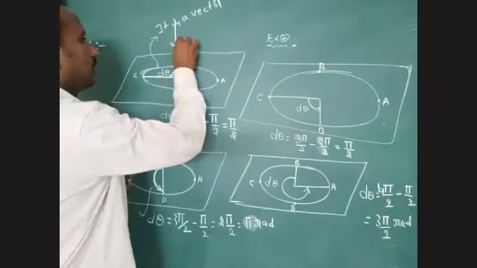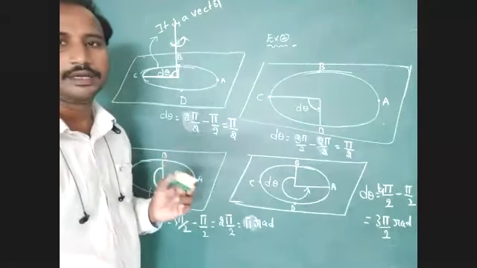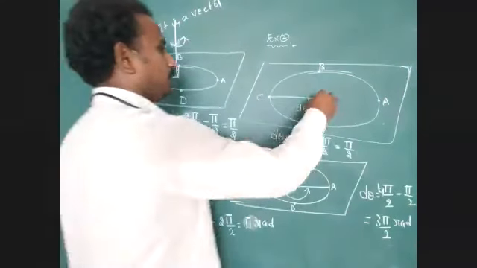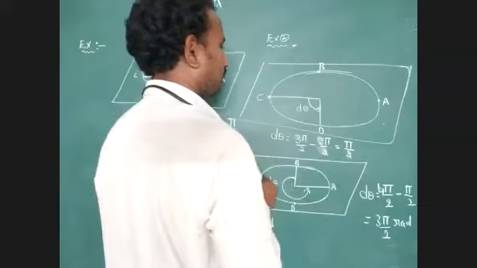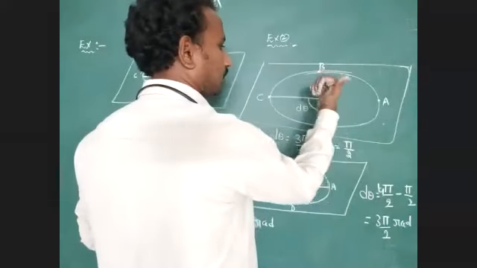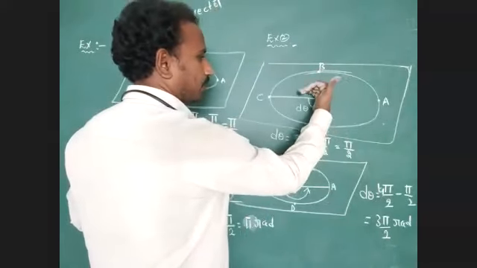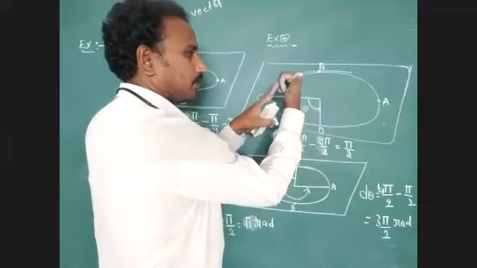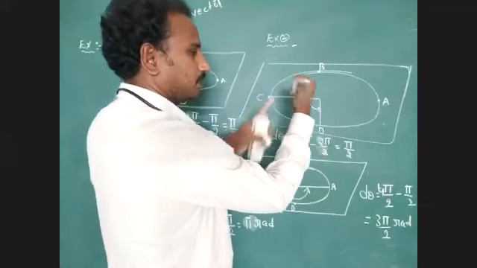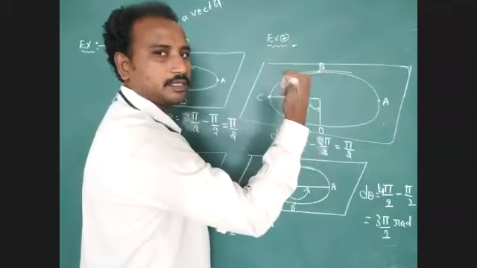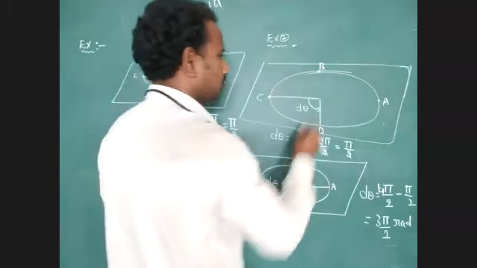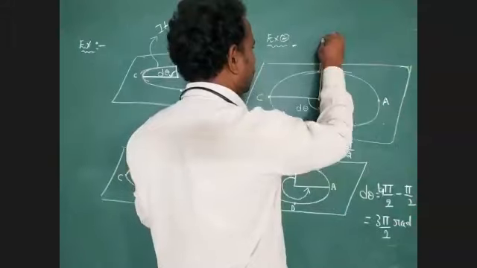Angular displacement direction is upward. At every observation point we have to find it out with the help of the right hand thumb. The movement of the radius we have to explain with the help of the curling fingers. The thumb represents the direction of angular displacement, so we just have to represent the upward direction.